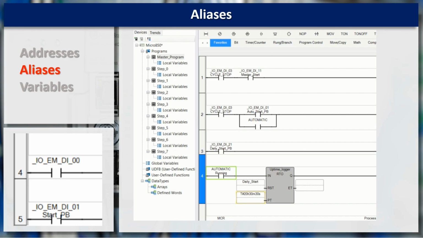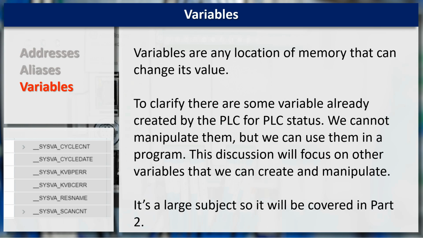That brings us to variables. Variables are any location of memory that can change its value. To clarify, there are some variables already created by the PLC for PLC status. We cannot manipulate them, but we can use them in a program. In this discussion, we'll focus on other variables that we can create and manipulate. It's a large subject,